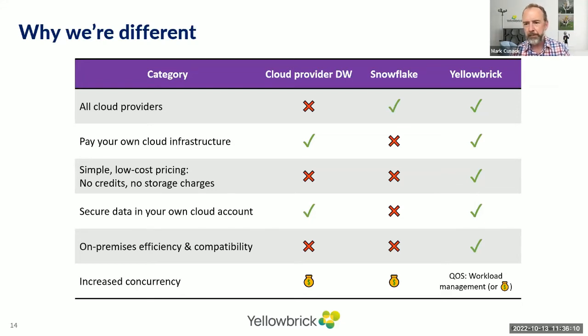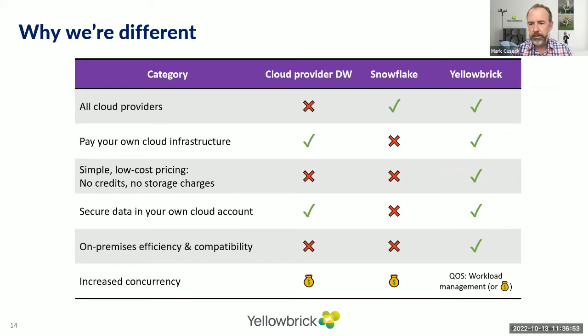We have a really, really simple pricing model here. There's no credits. We don't charge for storage. We only charge for the compute that you consume. And we charge that on an on-demand consumption basis in a number of virtual CPUs consumed every hour, or on a subscription basis where you subscribe to a certain capacity of compute for a year or 3 years and consume it. And that's often the chosen method that many of our customers go for, because it means that their cloud spend is very predictable. And we give obviously big discounts if you choose to follow our subscription capacity model versus our on-demand billing model, but you can combine the two together.